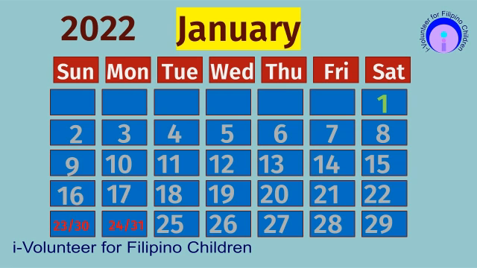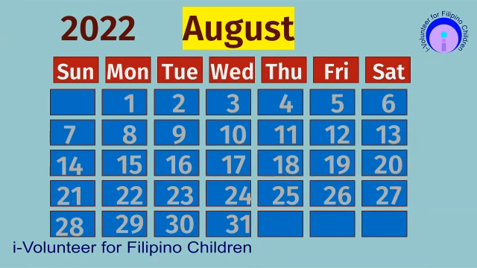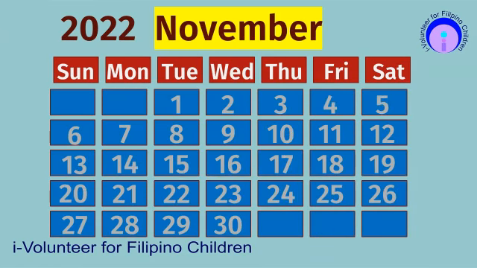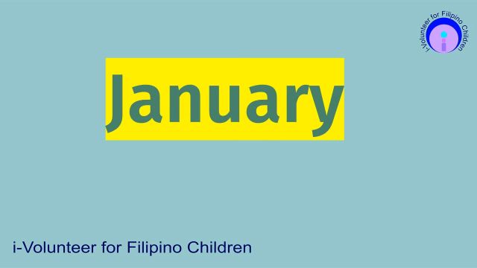This is the calendar for the year 2022. It starts from January and ends in December. Before discussing the calendar, we might as well discuss the 12 months of the year, namely January,